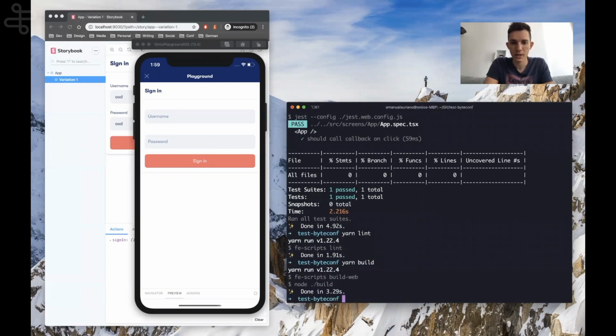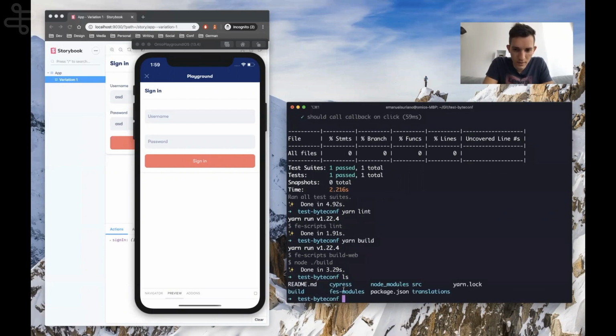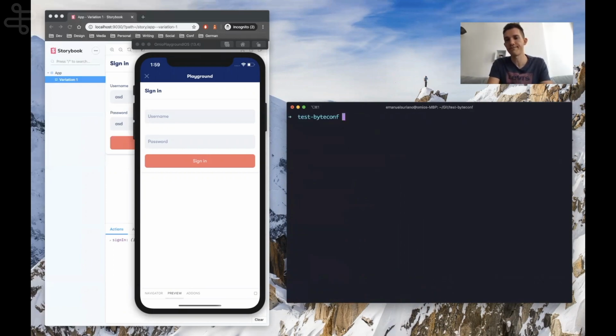Cool. Yep, it's there, the folder. And then in case we want to publish it, it will be easy as fs scripts deploy CI. But we don't want to do it because it's a new project and it doesn't have anywhere to